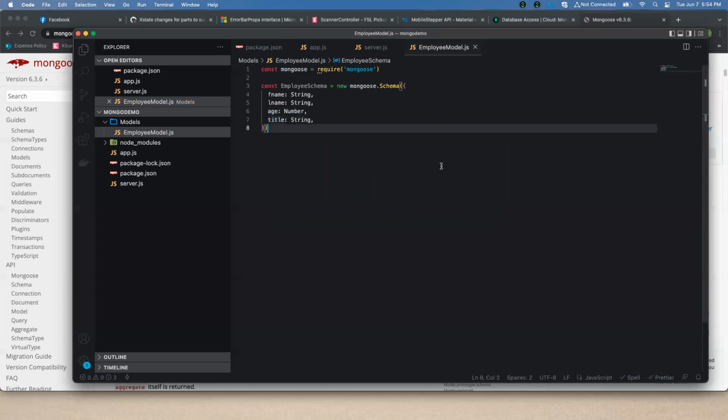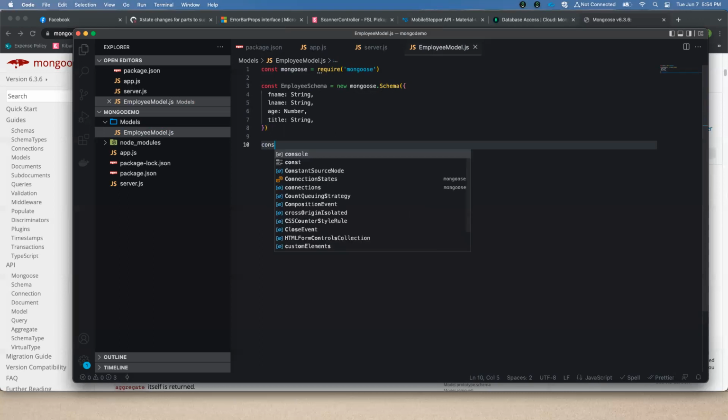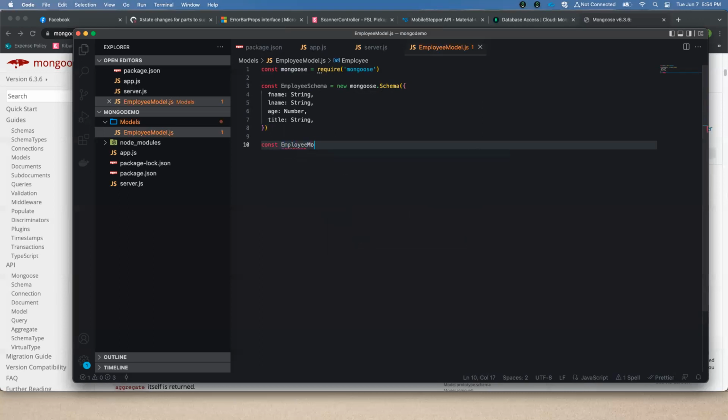And we can go a little bit deeper. So right now, all of these are, I think by default, not required. But we want each of these fields to be required, right? So instead of declaring it, fname string, lname string, we can do some stuff to enforce a little consistency in our data. But before we get to that, we also want to create our model out of the schema. So const Employee model equals